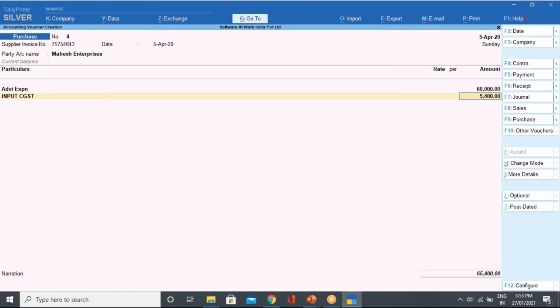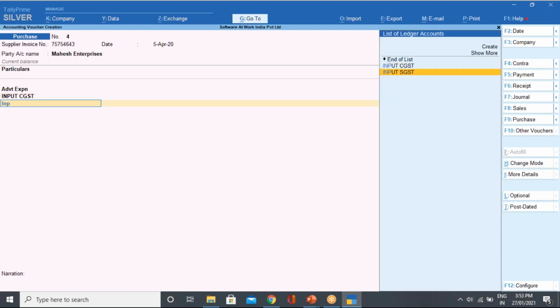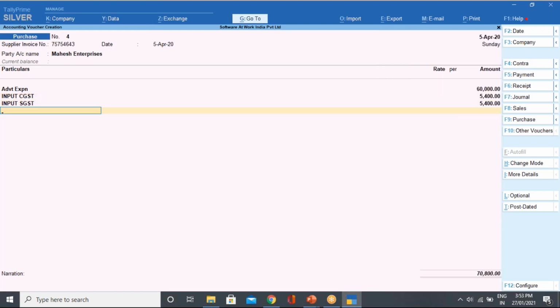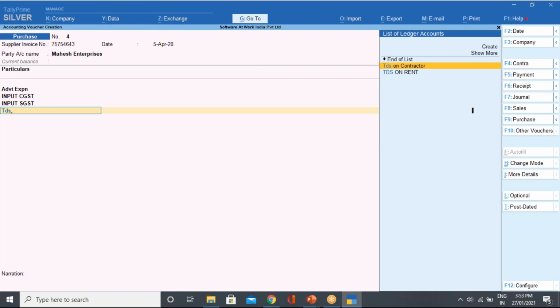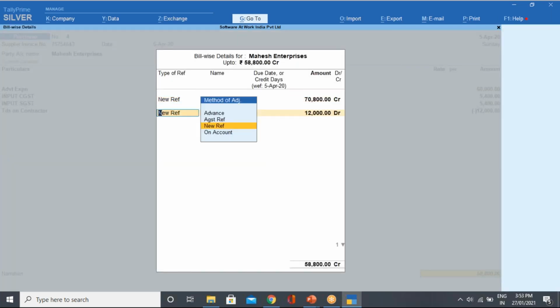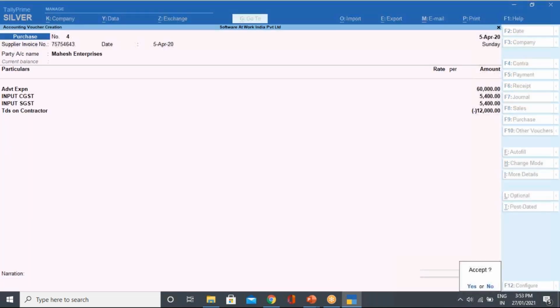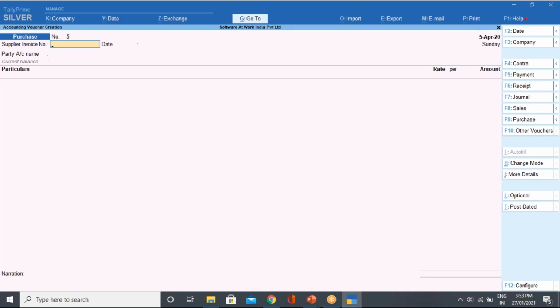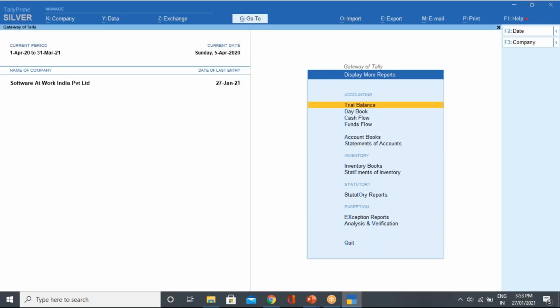I will select my CGST as GST, and here I will select my TDS. If I select TDS on contractor, it will deduct at 20%. As we have seen, it has deducted at 20%. Just accept the entry. Once I accept this one, you can directly go and see it has deducted at the higher rate.